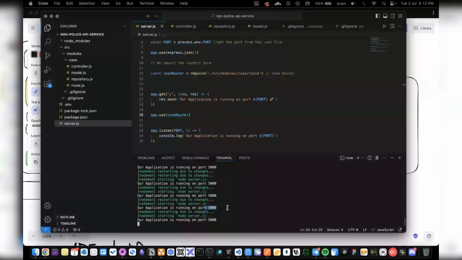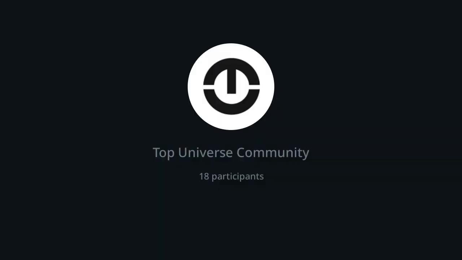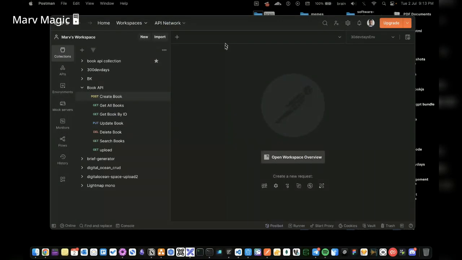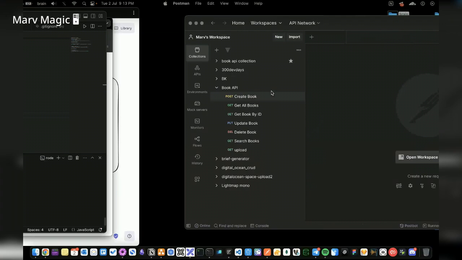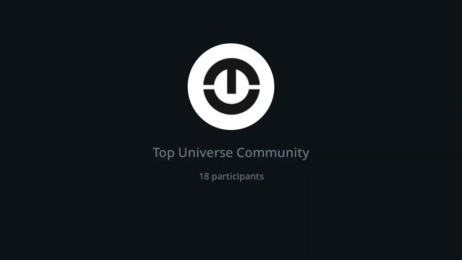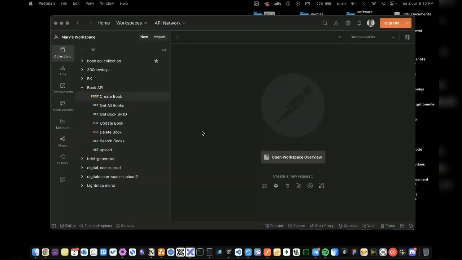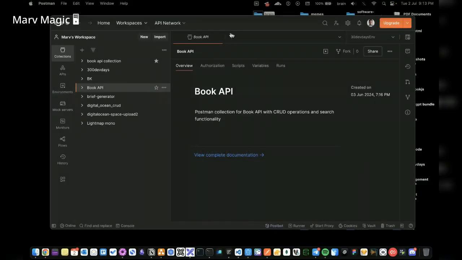If I come back here, remember that is a post. We need to make a post. So this is where we can start using Postman, because you can't make a post from your browser, at least not from the surface area here. So we can simply come in here. We're trying to experiment, so we don't need to go into a collection. Let's just create a request.